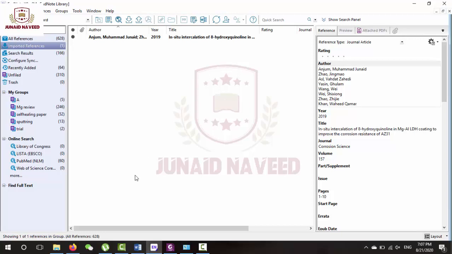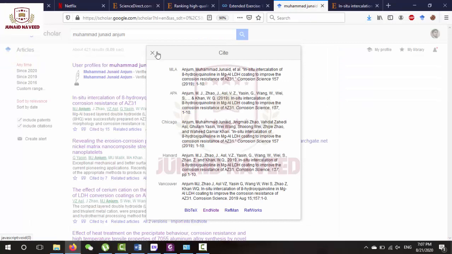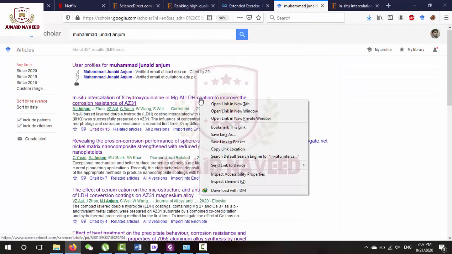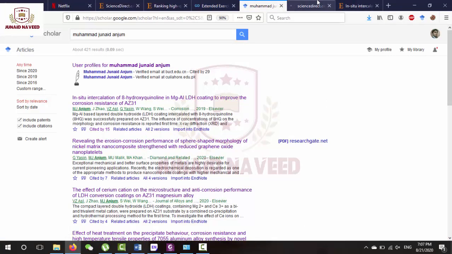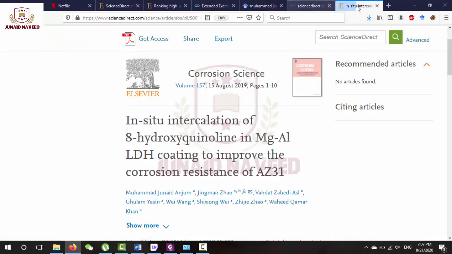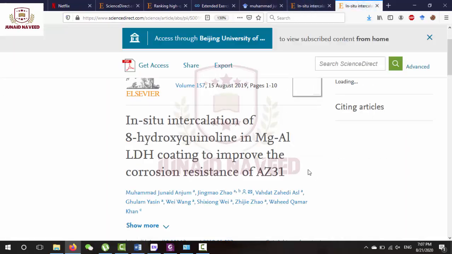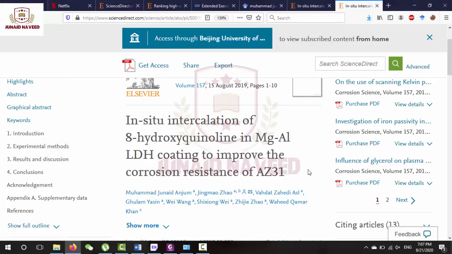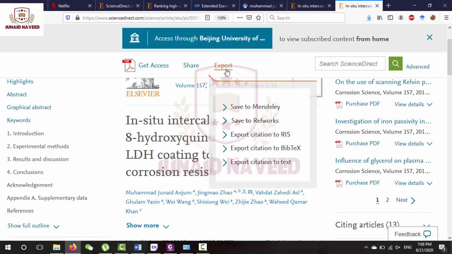But for example, if we are going from here by just clicking or opening into a new tab, it will open like this in the other tab. You can export this reference by clicking export and export citation to RIS.